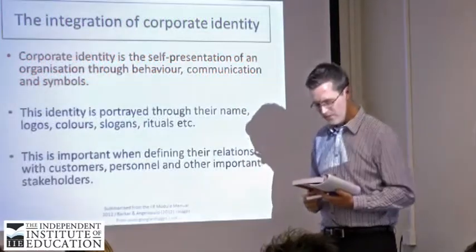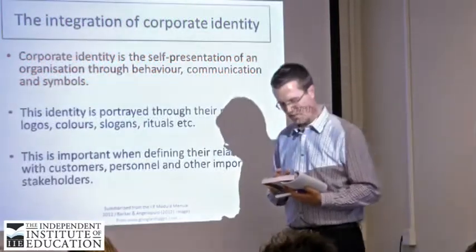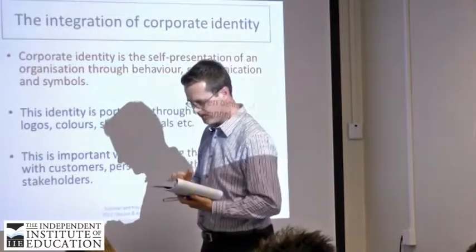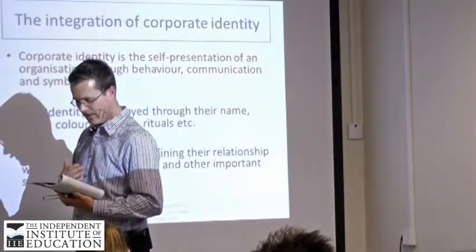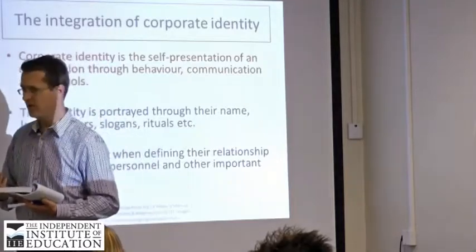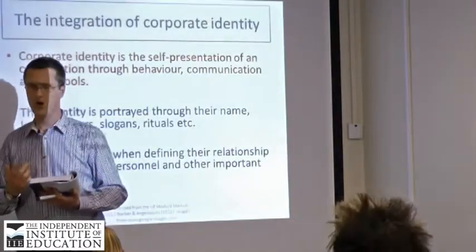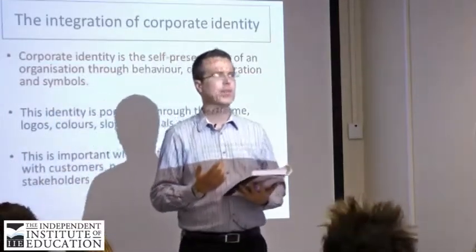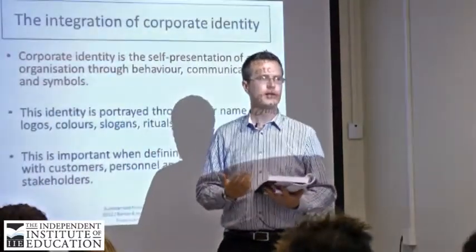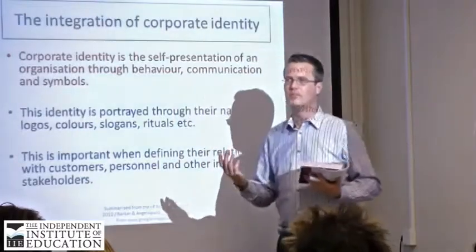The next paragraph says we can apply corporate identity through artifacts such as names, logos, graphics, colors, architecture. Okay, we often forget that. Architecture, what do we mean by that? The way that a building is, the way that the company has made their building. Very good. The way the building is built.